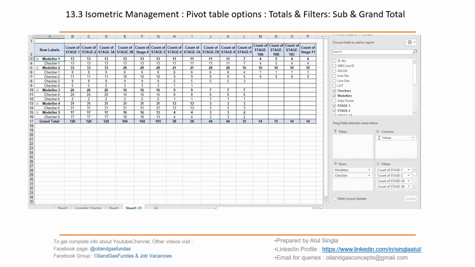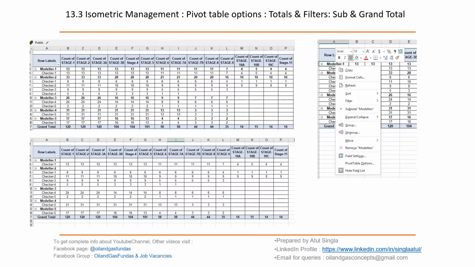Now here we can get very interesting data. The first modeler is associated with one checker, then modeler 2 is associated with 4 checkers. Similarly, these associations of modeler and checker are shown at the same place, in the same pivot table. If you see here, 33 sheets are handled by modeler 1 and modeler 2, and this is the breakup handled by each checker. So we can get complete data, like these 10 sheets and 4 sheets have been issued, and these have reached up to stage 11. So we can track each and every stage along with the association of checker and modeler.